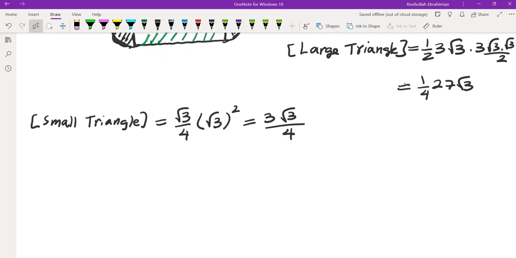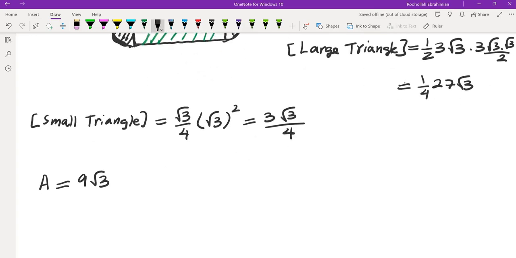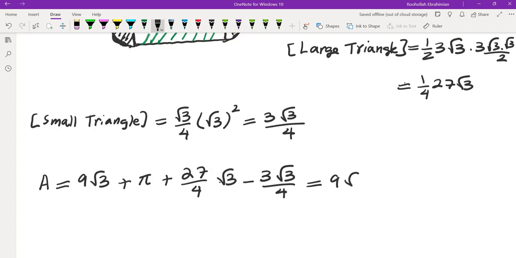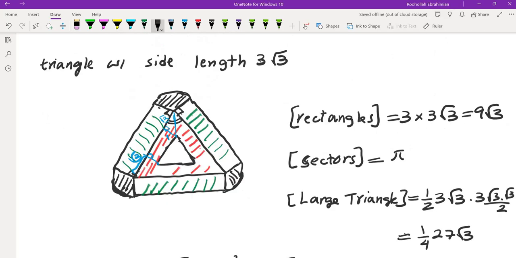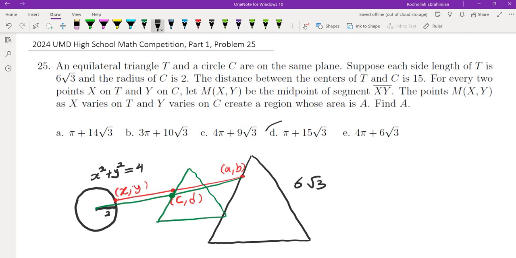So now we can find the area of the region that they gave us. It is 9 root 3, which are the three rectangles, plus pi, plus 27 over 4 root 3, minus 3 root 3 over 4. So that is 9 root 3 plus pi, plus this is 24 over 4, that's 6 root 3. So that is pi plus 15 root 3. And that is answer choice